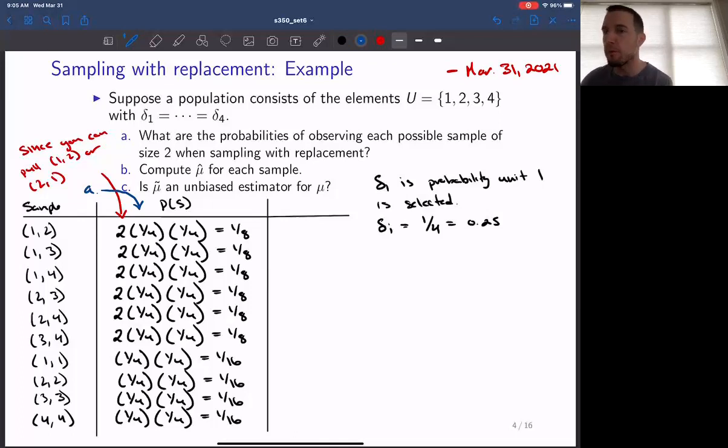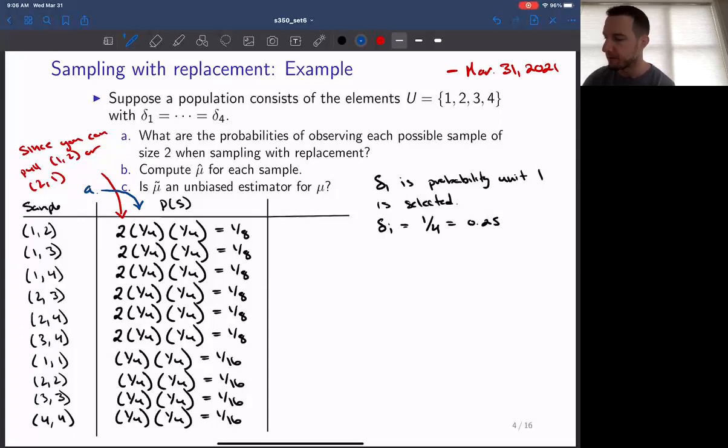Following that, the probability of selection for each unit is equivalent, so they're all equal to a quarter in this case. So for example, for the sample 1, 2, we have 2 times 1 over 4 times 1 over 4, which gives us 1 over 8. And this is going to be the same calculation for all of the samples that have two unique values